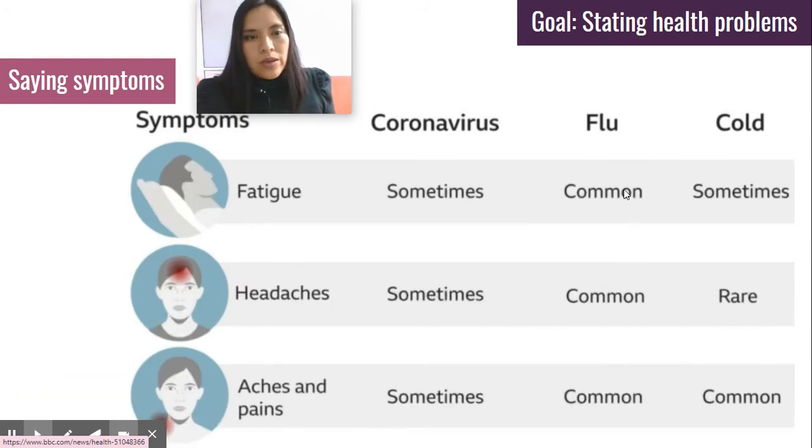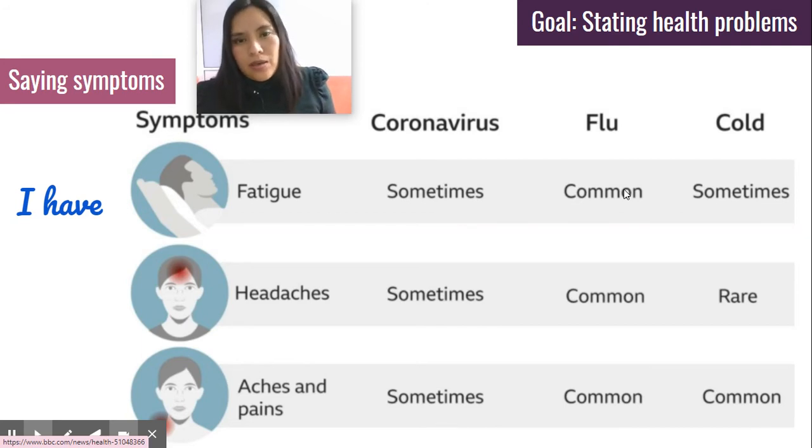To continue, we have another list of symptoms and we are stating them under the same characteristics. So we are saying, I have fatigue. It is incorrect to say I have a fatigue. And that is the important point here that you notice when to use only I have, but it depends on the combinations that we colloquially use.